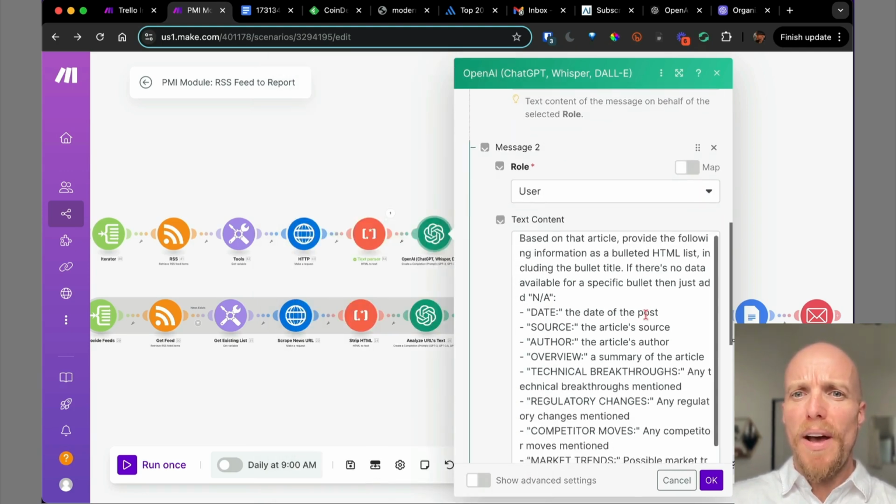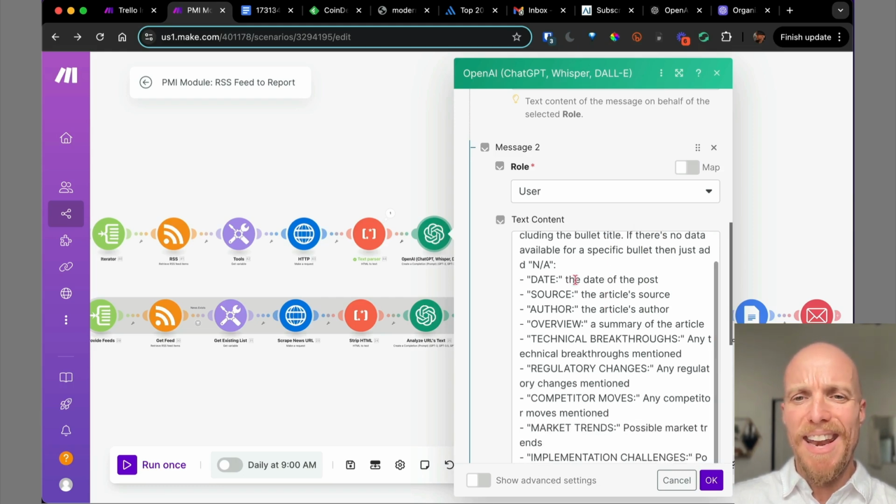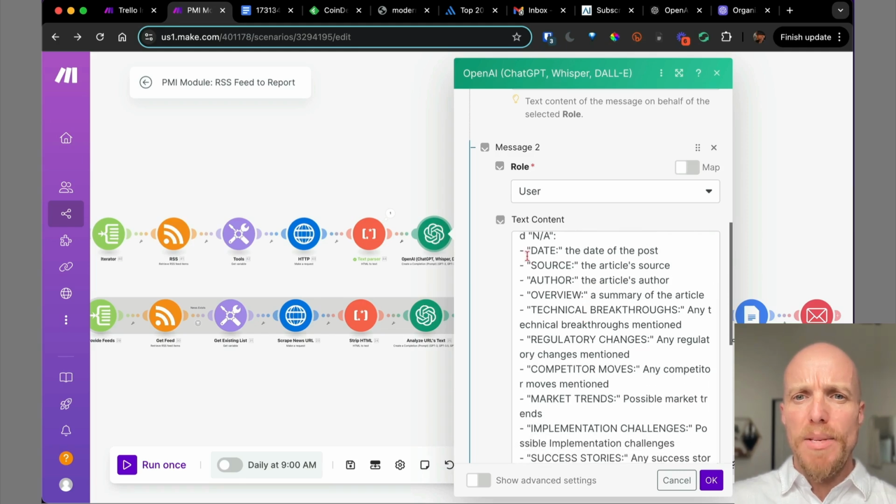Based on that article, provide the following information as a bulleted HTML list, including the bullet title. If there's no data for a specific bullet item, then just add NA, not applicable or not available. And then I just have these bullet points: date, the date of the post, source, the article's source, author, the